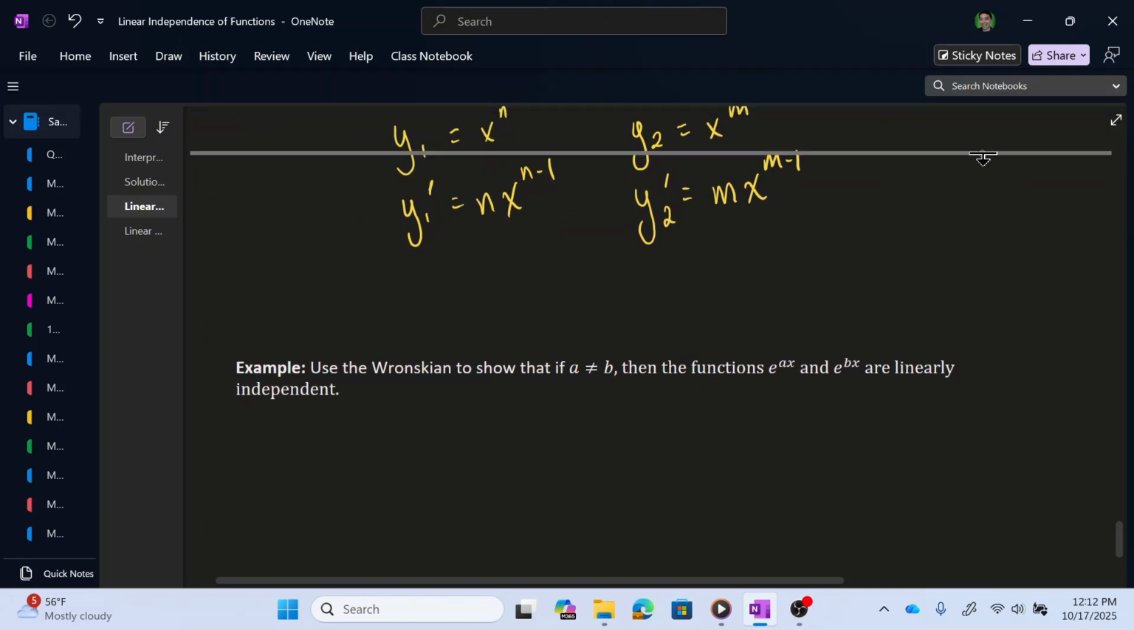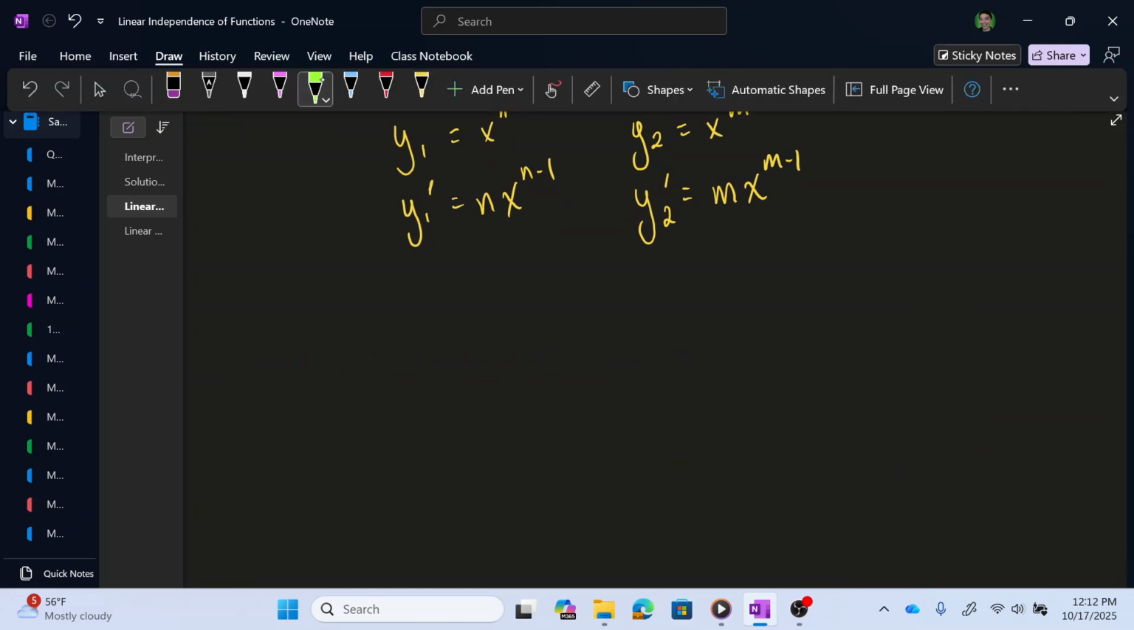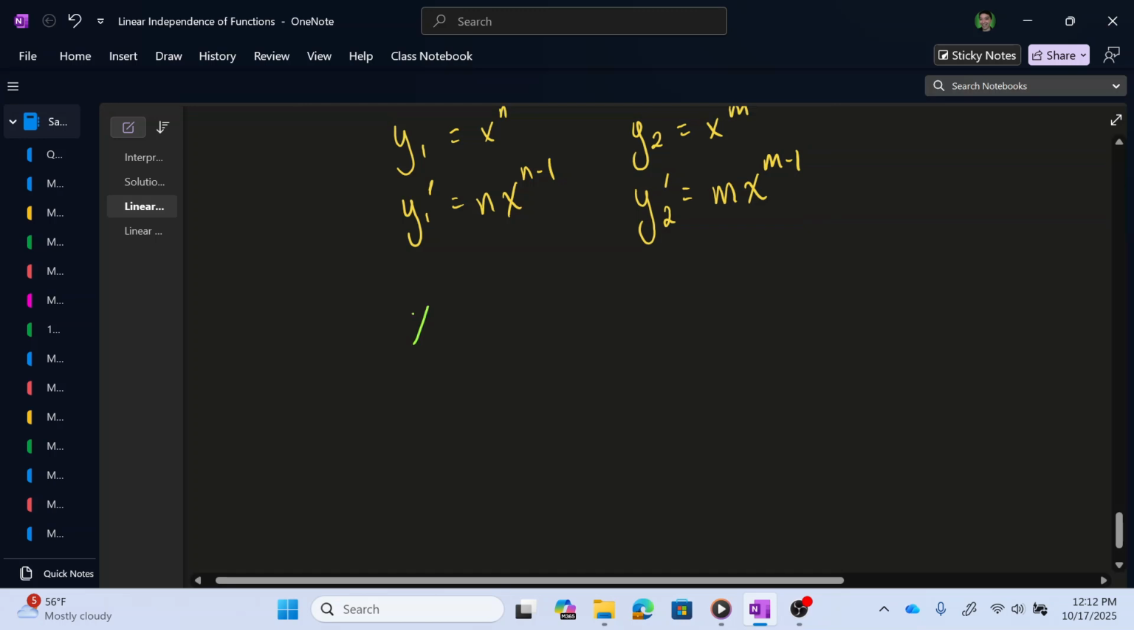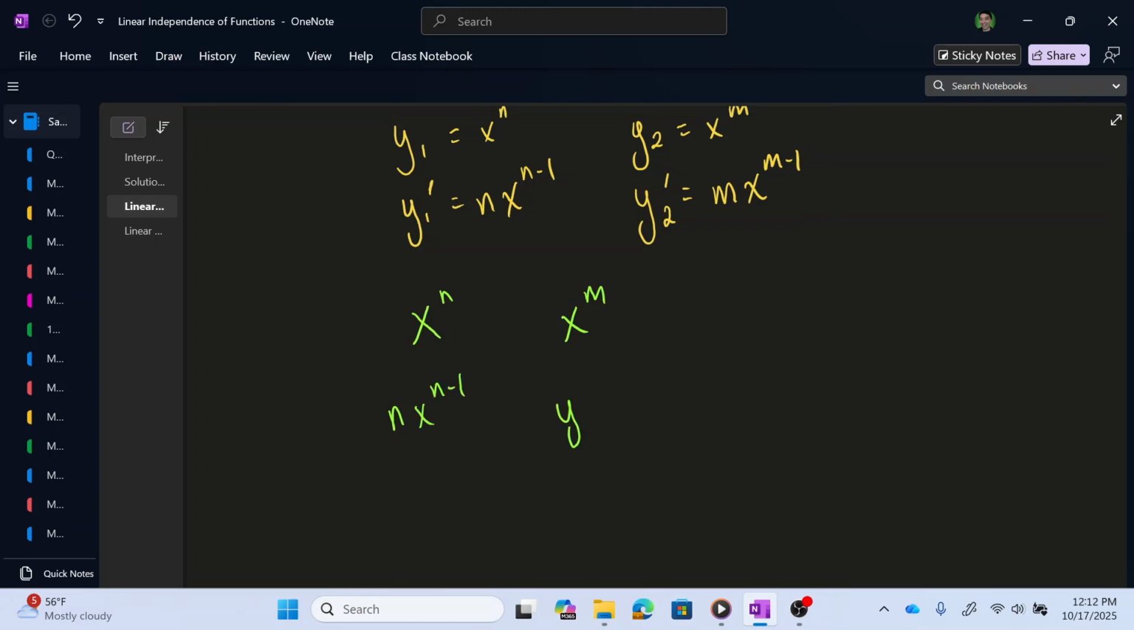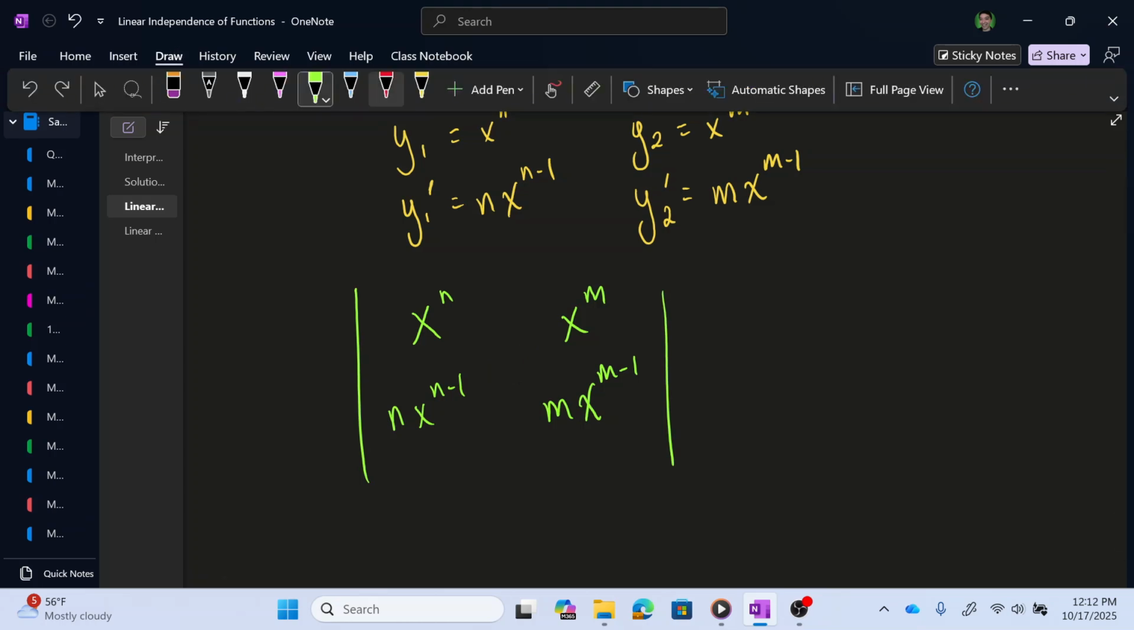So then I'm going to go ahead and set up my Wronskian matrix, which in my case has 2 rows for each of my 2 functions, as well as the derivatives of each of those 2 functions. This forms a square matrix. And so I can calculate the determinant of that matrix using the standard 2 by 2 matrix determinant formula,